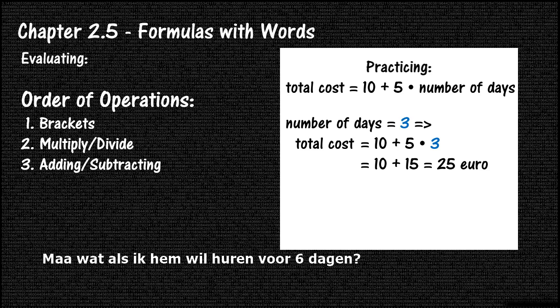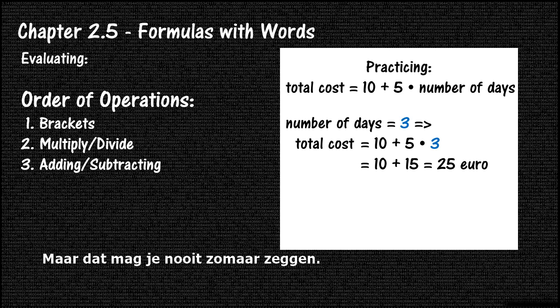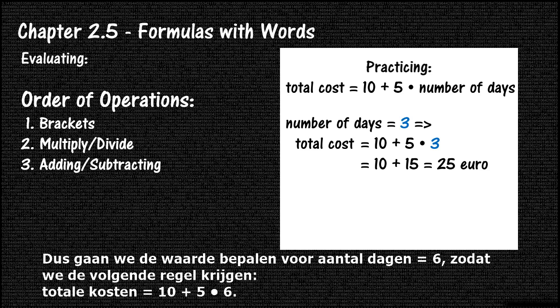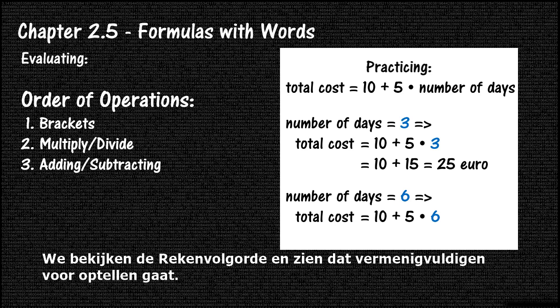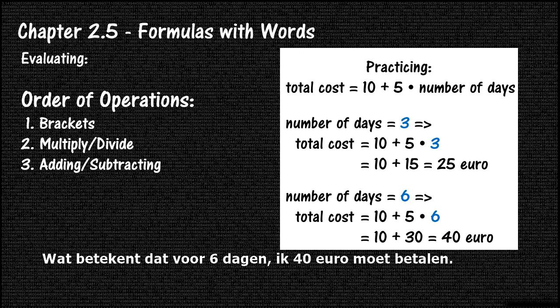But what if I want to rent it for 6 days? You might want to say that the cost will then be doubled, but you can never say that directly. Always calculate your answer, never just guess. So we evaluate the formula for number of days is equal to 6 and we get the following line. Total cost is equal to 10 plus 5 times 6. We again follow the order of operations and multiply before adding. So total cost is equal to 10 plus 30, which is equal to 40,